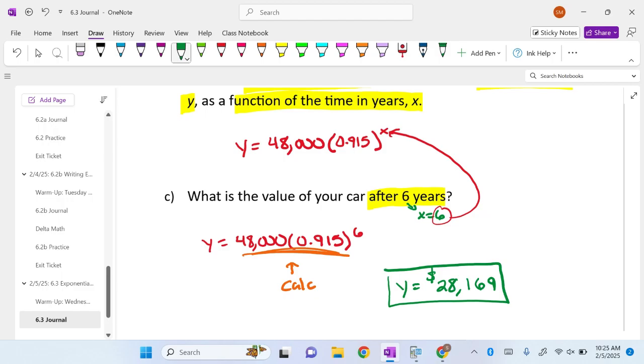From the previous problem, since we were growing in that problem, we should have gotten a number bigger than 200. If you had a number smaller than 200, you probably did something wrong. So that's a good way to check yourself. Ask yourself, does this answer make sense in terms of the problem? All right. Any questions on any of this? All right. So